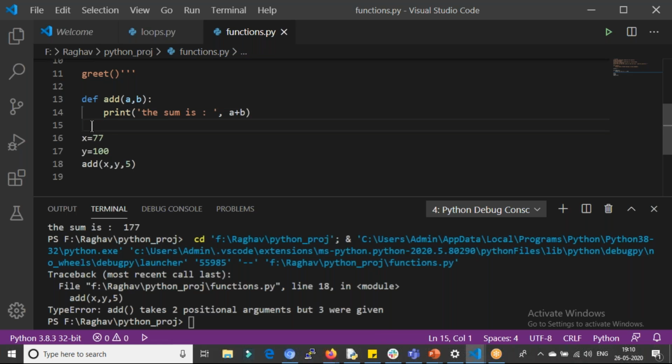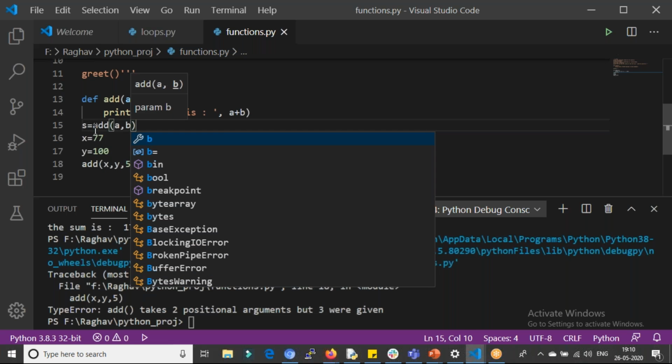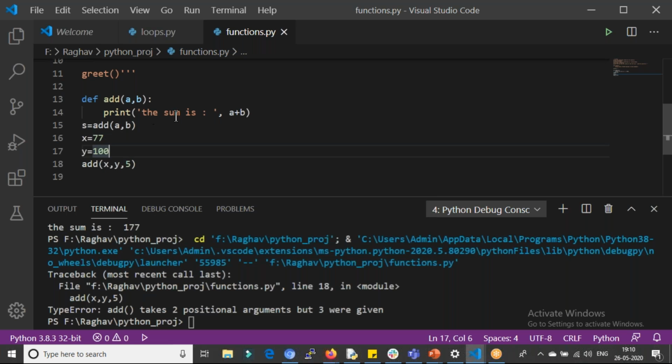So I cannot say anything like s is equal to add(a, b) when we are not giving any return value. So what does a return do?